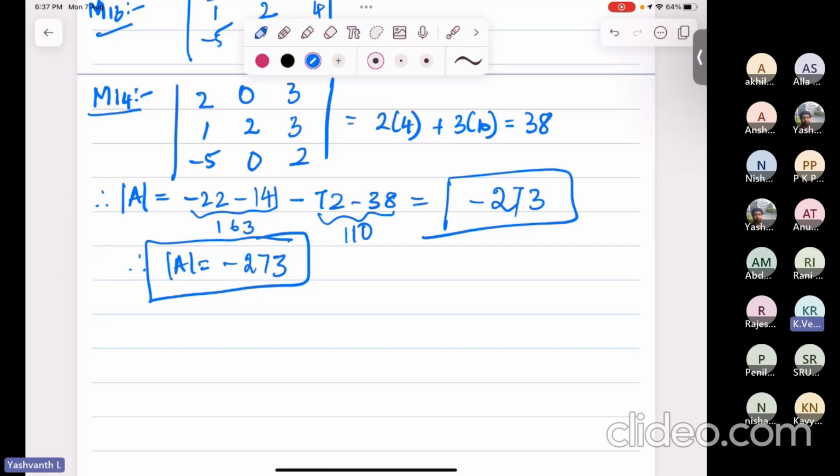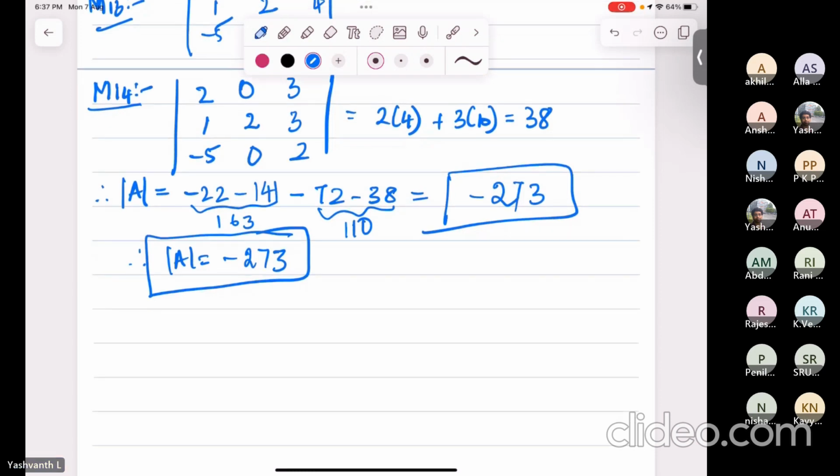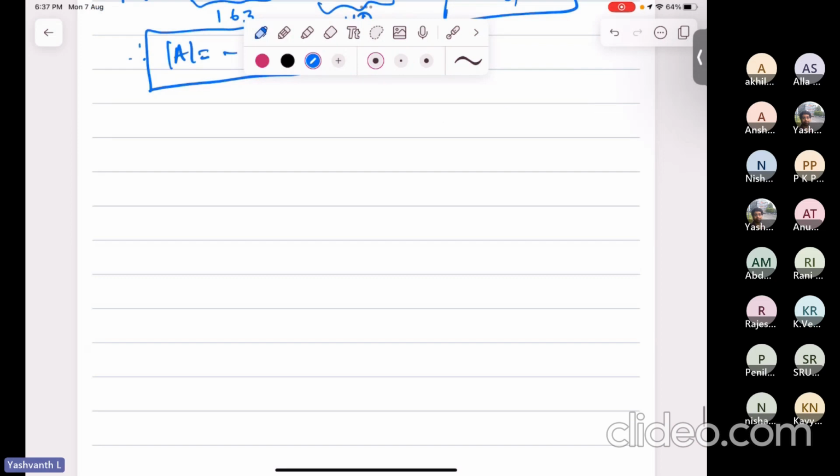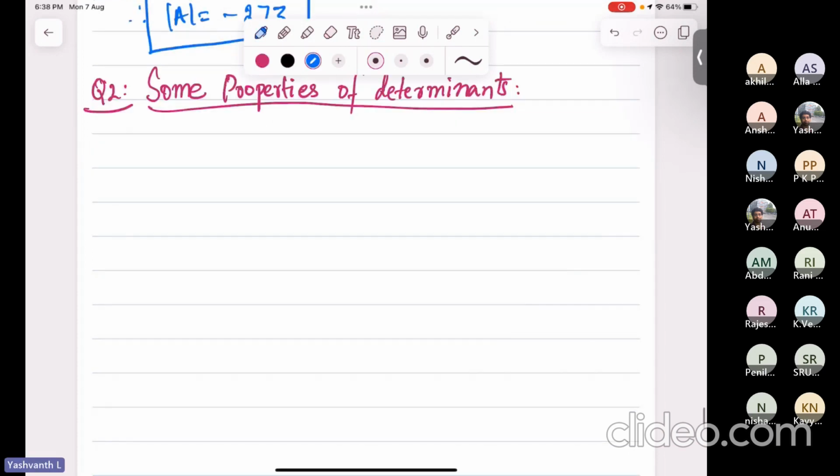Okay. So you can do this kind of approach for any n by n matrix. Here I did it for 4 by 4. Now the next part, we will look at some properties of determinants. Okay. So first property